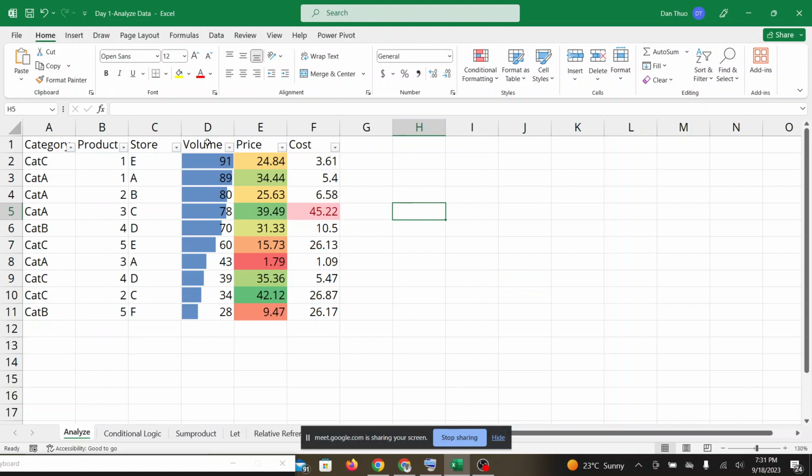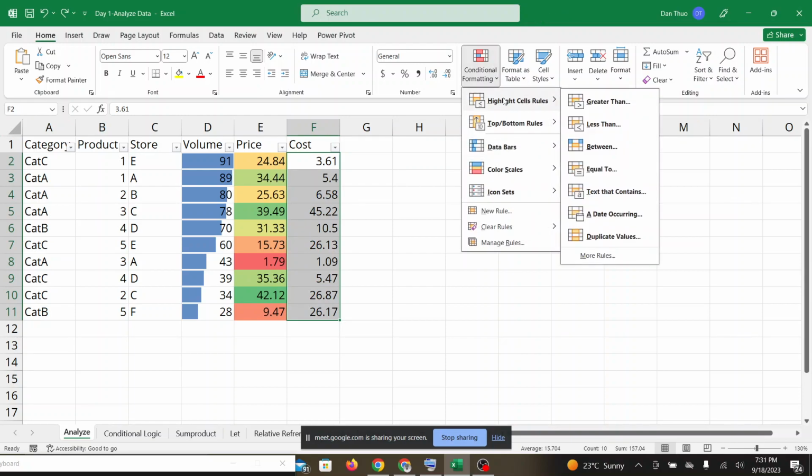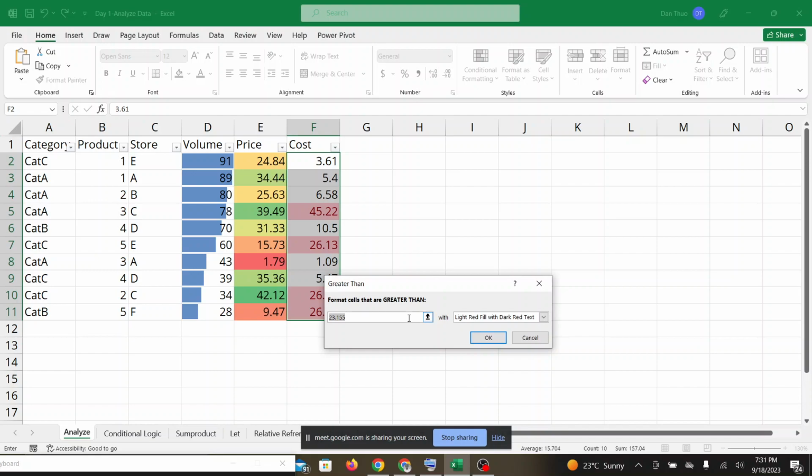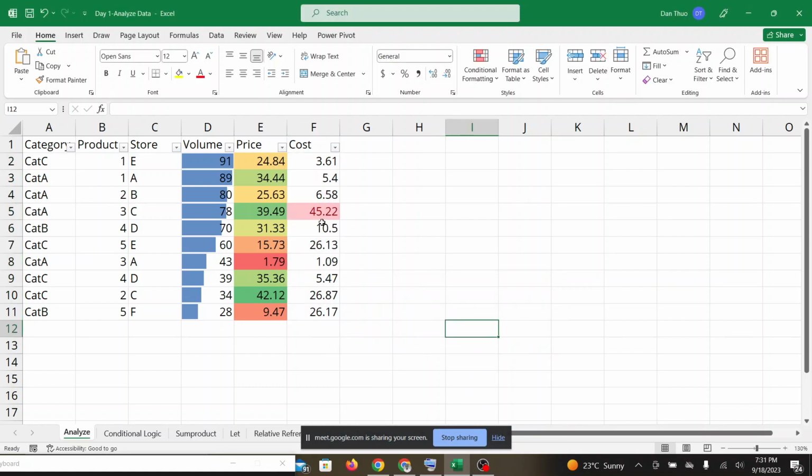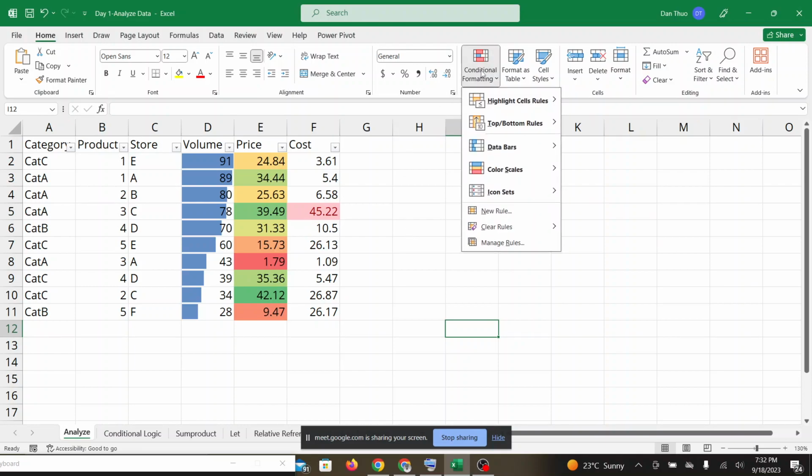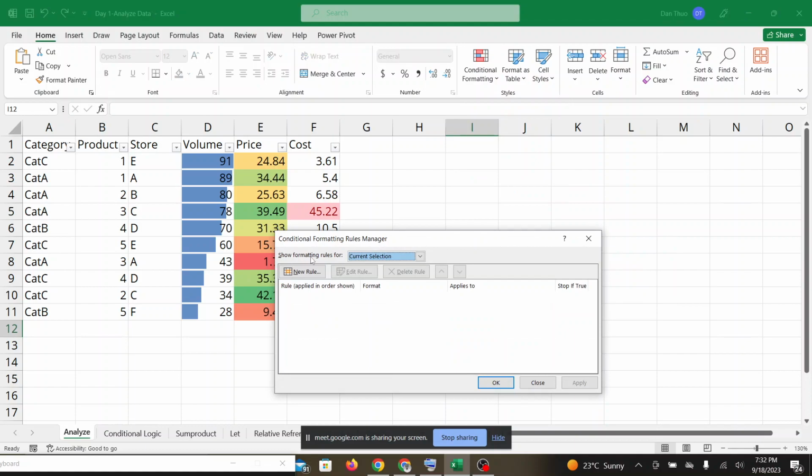So yeah, I'll undo that again. Select the values of our cost column and apply a highlight cells rule. Say greater than. We want to highlight values that are greater than 30. You can say okay, and it has applied. It has highlighted the values that are greater than 30. So we want to manage the rules. Click on conditional formatting, manage rules, and showing formatting rules for, we want to show the formatting rules for this worksheet. You can say okay,